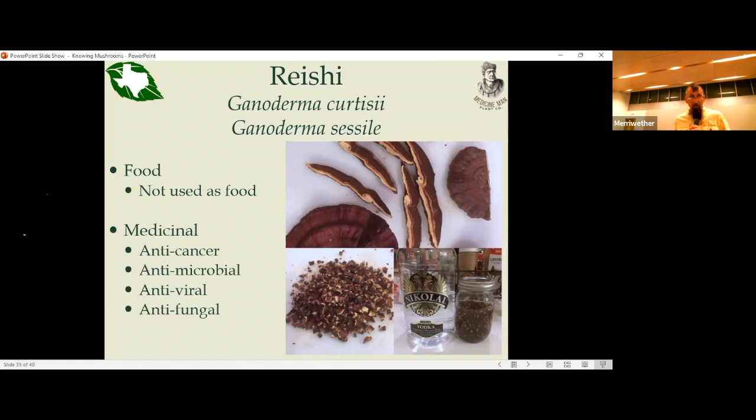Yes? Too much. Ooh, how much is too much? So they are very bitter in flavor. So another way people take this, and I'm getting to the answer, but just work with me here, is they will take the mushrooms and grind them into a powder and then mix the powder with coffee. And then do whatever they would normally do to reduce the bitterness of the coffee. So you can take it that way. It's not as good as a double extraction because you're not getting the alcohol soluble stuff. You're just getting the water soluble stuff, which is still really good, but it's not all of it. But as far as too much,